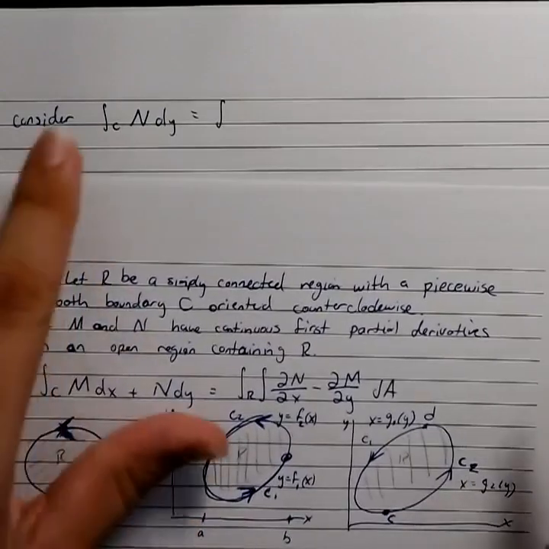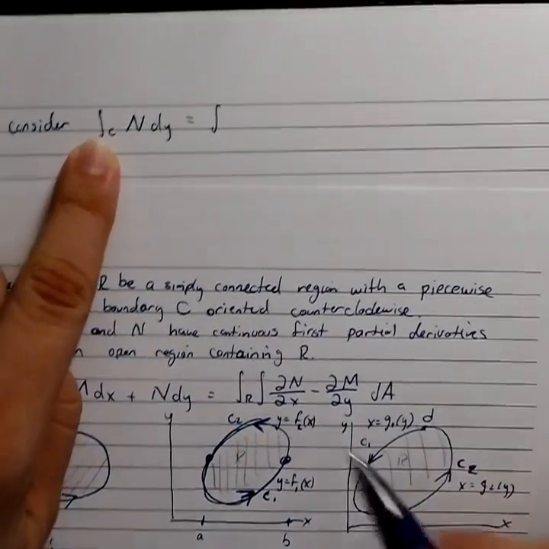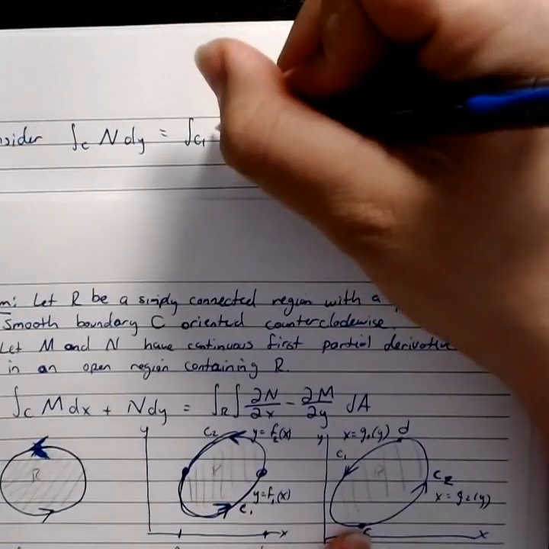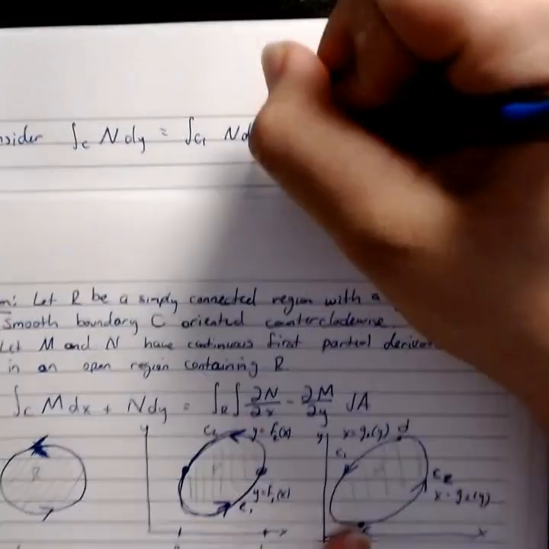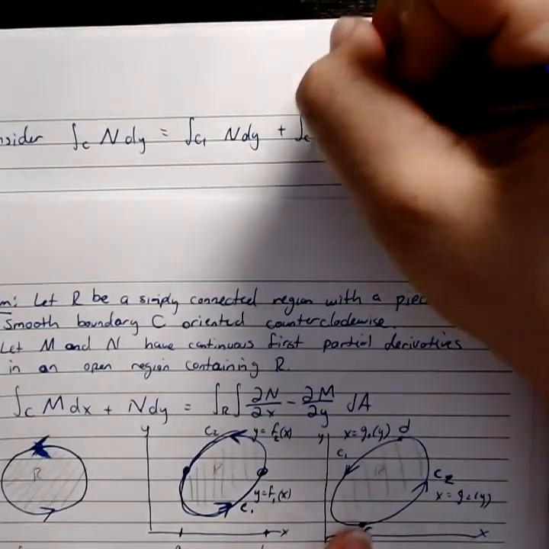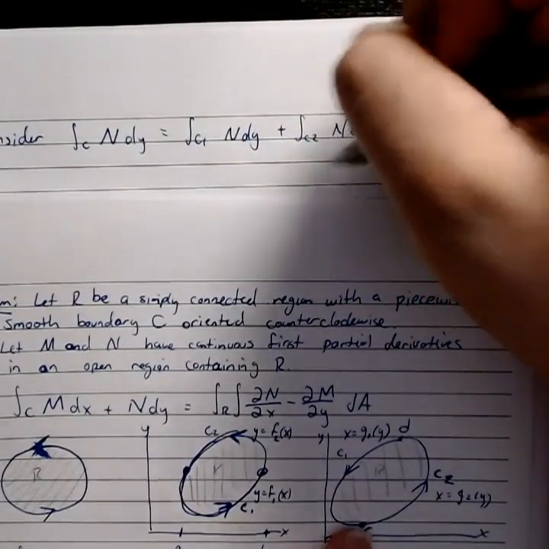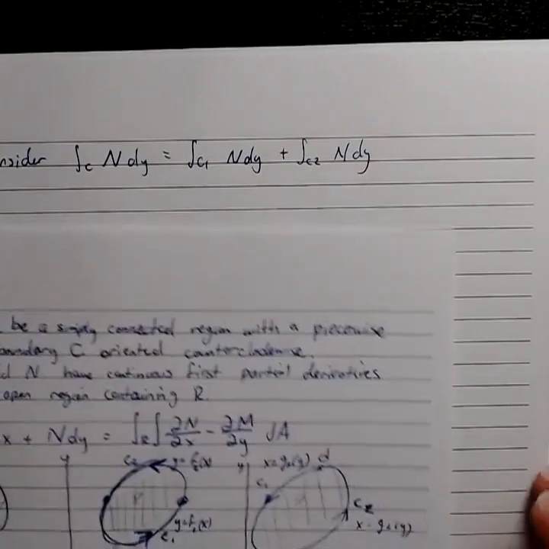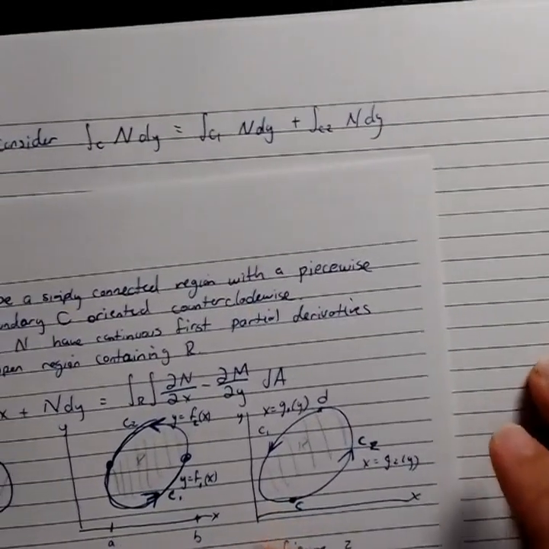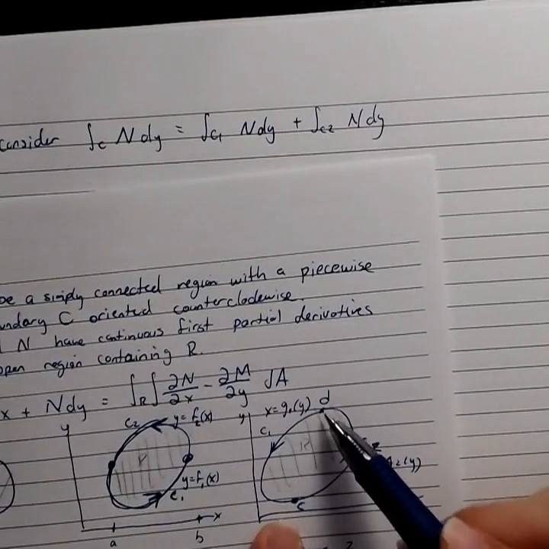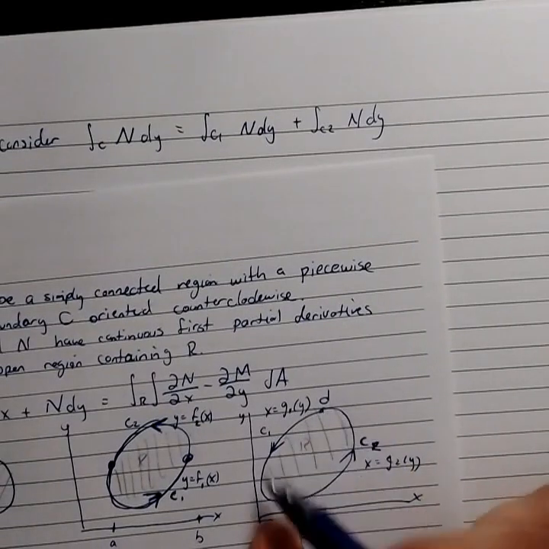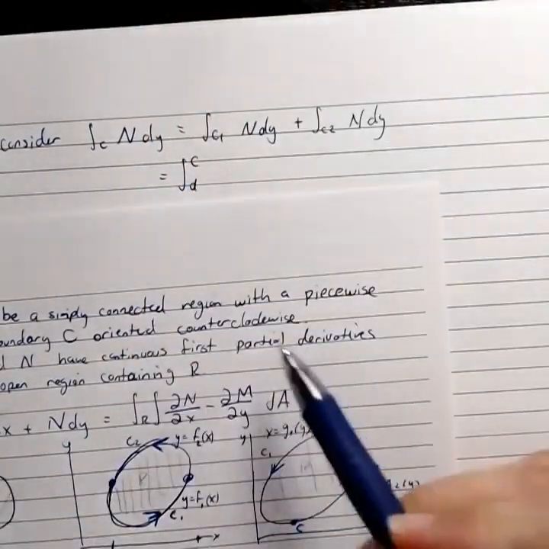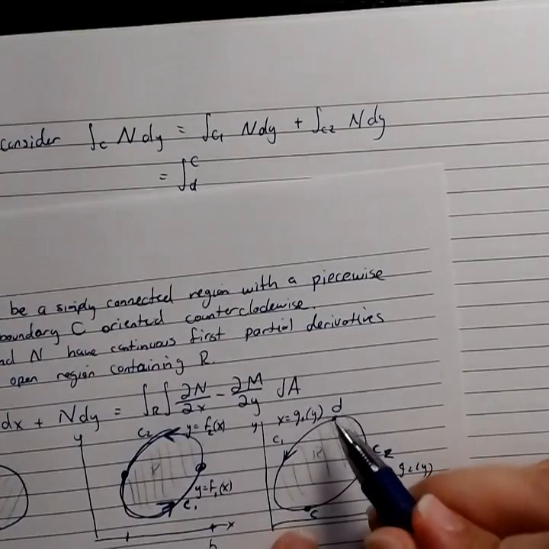Okay, so now I can write this integral of the whole contour as the integral of the first contour plus the integral of the second contour. So the integral over C1 of n dy plus the integral over C2 of n dy. But now I can actually quantify those, because here I know that C1 is going to go from D down to C. Note the orientation. You're going to start at D down to C. So that's the integral from D to C. Now, that's backwards from what you would normally see, but that's what our orientation tells us, from D down to C,